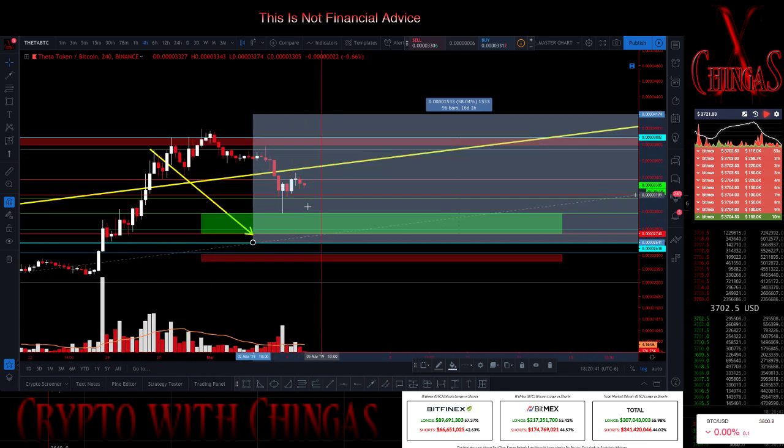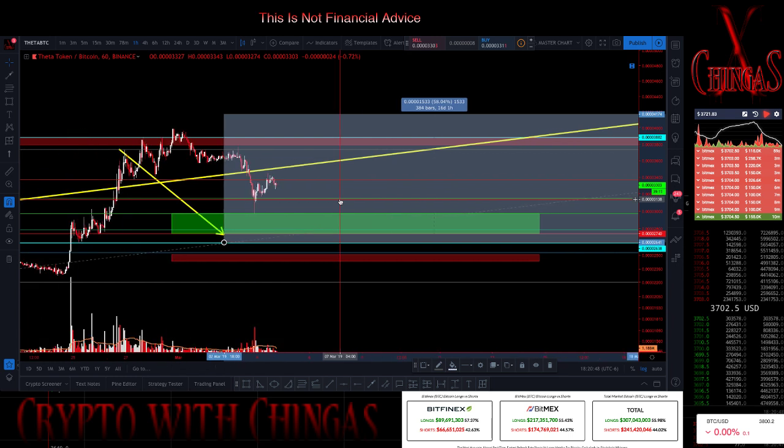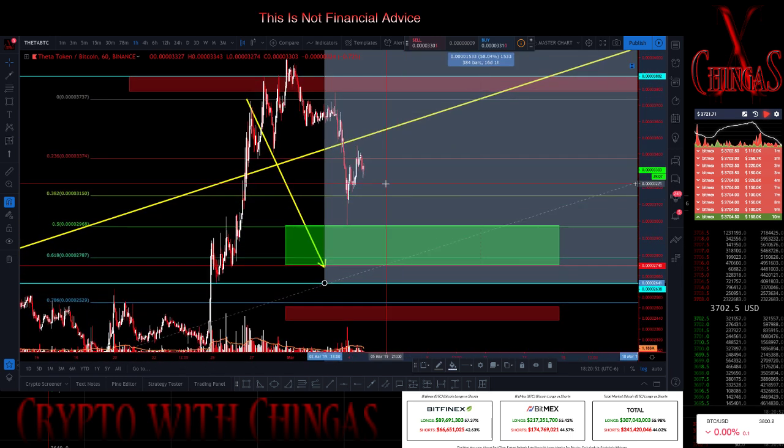So once we hit it, we found support. That was good. And then you had a little sideways coming back down again. So you could sort of see you're just cruising in that zone right there, finding support again. Now you have a little bit of zigzag,